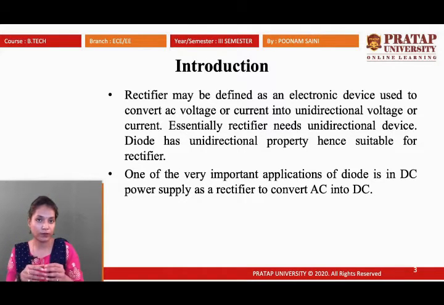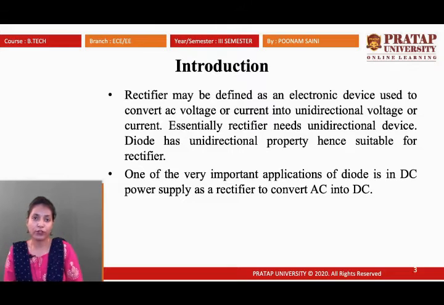This is unidirectional. The diode is the only element which works in a unidirectional form, so in a rectifier we use diodes. In whichever direction the diode is placed, the rectifier behaves like forward biasing, and the opposite behaves as reverse bias. So for the introduction, we conclude that a rectifier is an electronic device that converts AC voltage or current into a unidirectional, direct DC voltage or current.